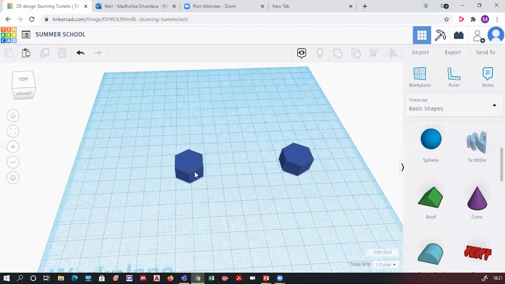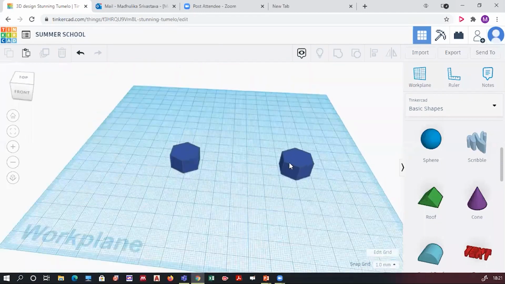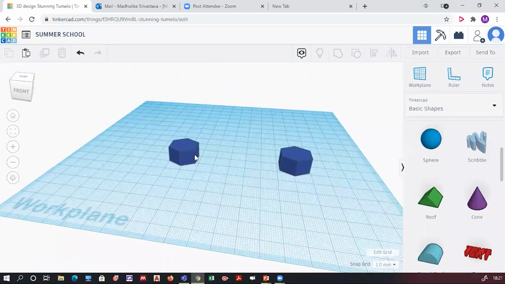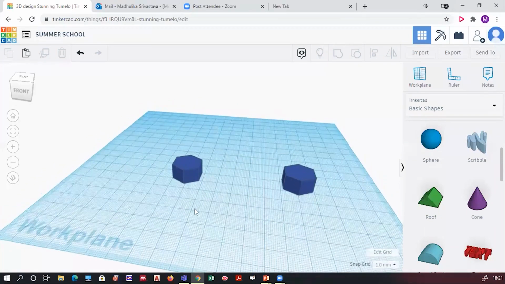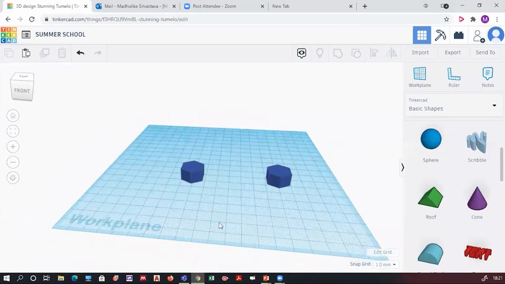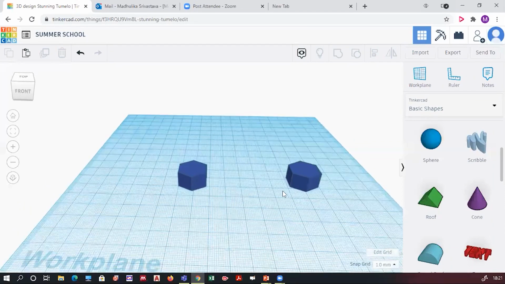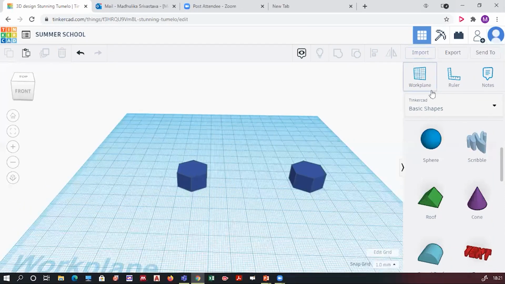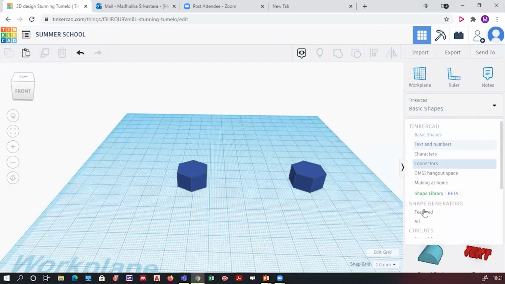Fine. Now I have duplicated this top head of the nut. Okay, nut and bolt. This is the bolt top head and this is the nut. I will make it as a nut. Okay, now see how. Next thing, what I will do, go to your basic shapes. Go to basic shape, click on this down arrow and go to your featured option. Okay, I am going to make that threaded cylinder.